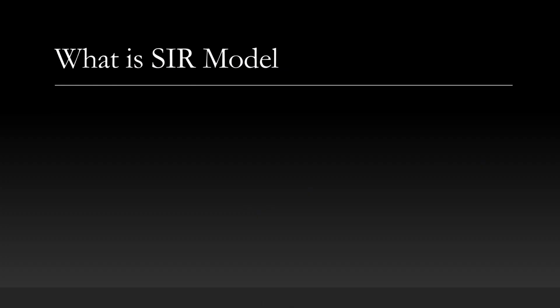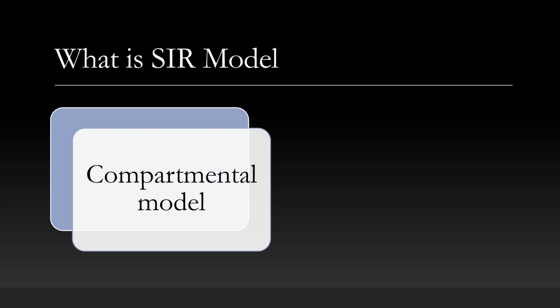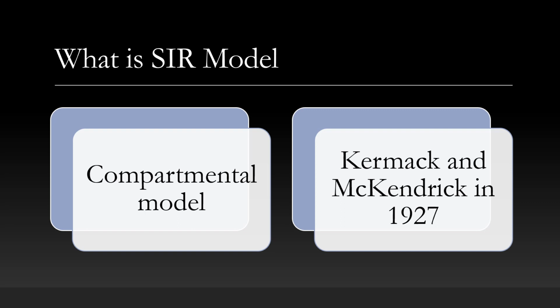So what is the SIR model? In this model, the population is divided into different compartments, each with a different label such as M for maternal antibodies, S for susceptibles, E for exposed, I for infectious, R for recovered, C for carrier while not suffering the disease, D for dead. The origin of such models can be traced back to 1927 when Kermack and McKendrick proposed them in their research publications.